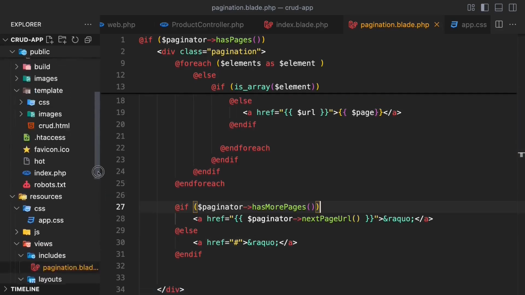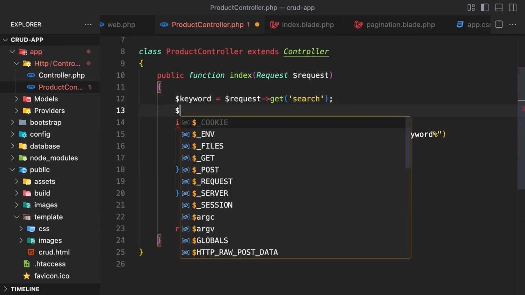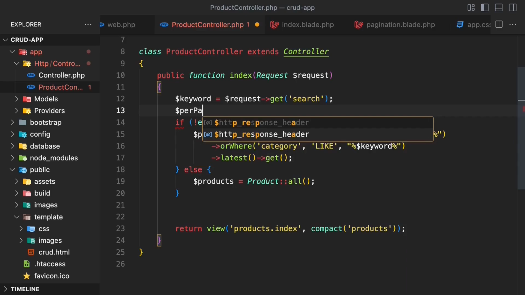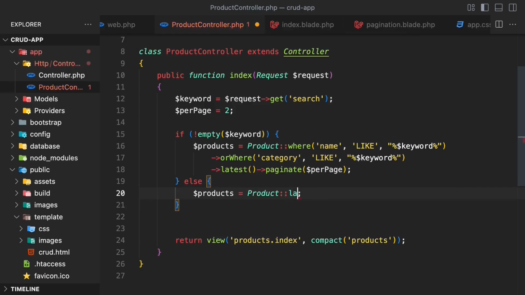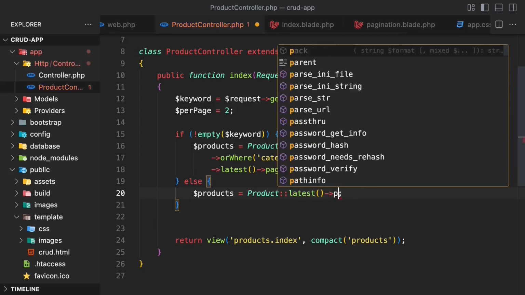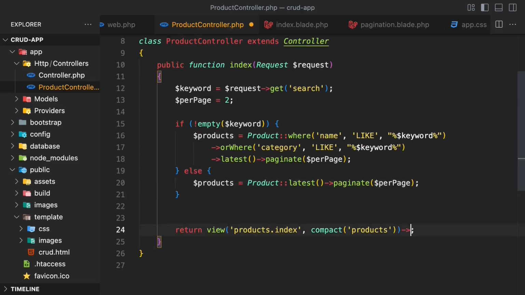Now let's go to the product controller into the index function. Add first a variable which will return a number of data in each page. Let's add 2, for example. Over here, instead of get, we need to use paginate and add a number of data we need for each page. Over here, let's remove this and add latest with paginate with number of data you need for each page, and then return product index with